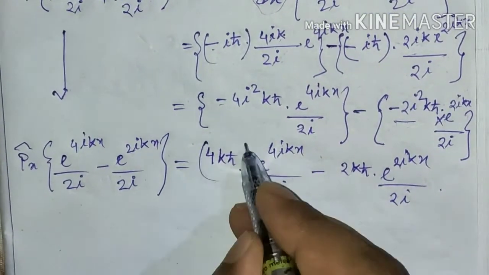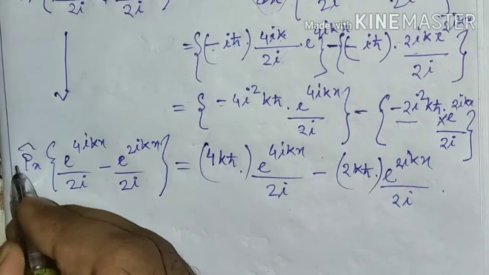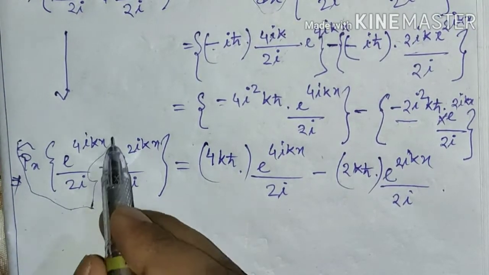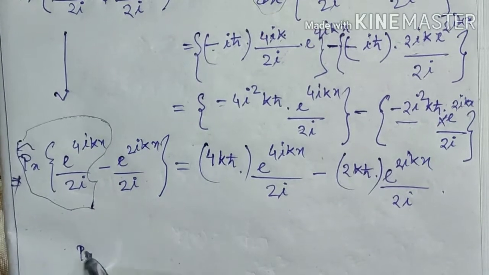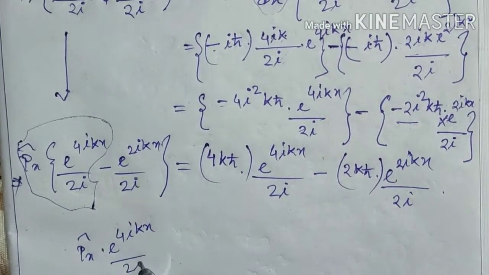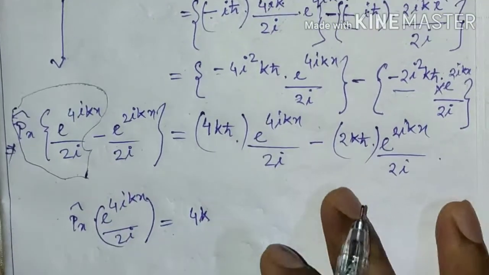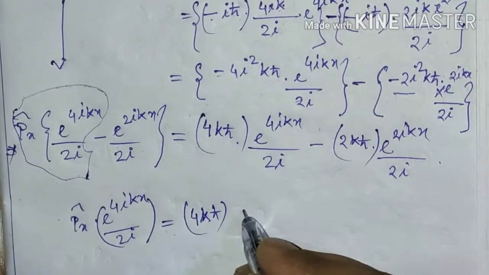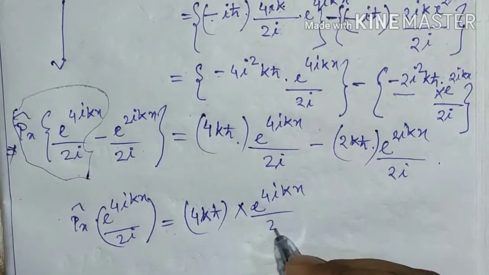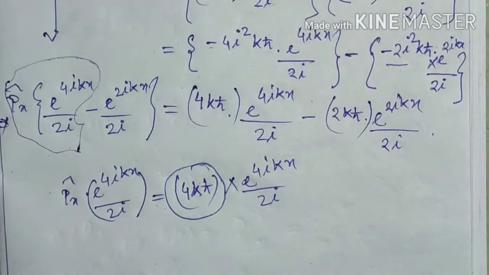Now if we compare these two equations, then we can write it in the form of p_x e to the 4ikx divided by 2i. It is the eigenfunction. It is similar to the eigenvalue into this same eigenfunction. That is, one of the expected outcomes is 4kħ, and the other outcome is,